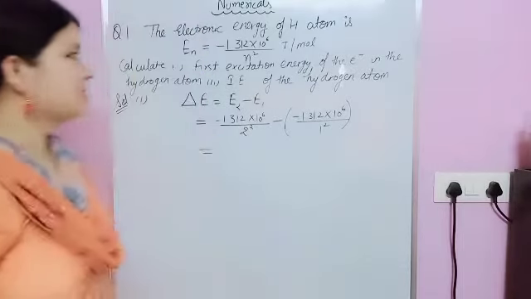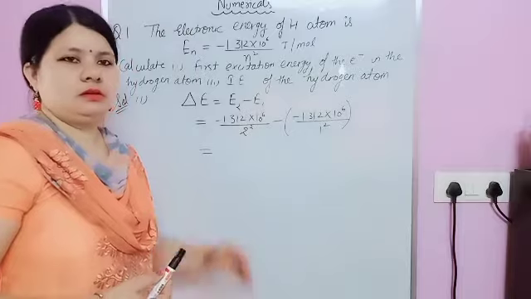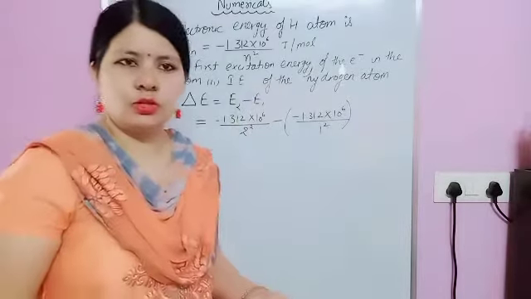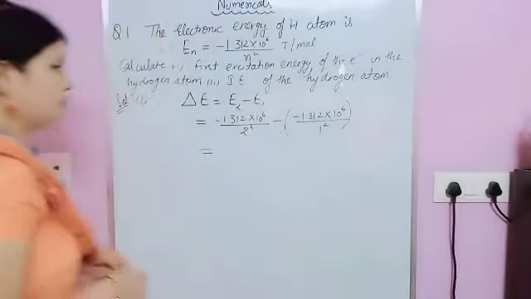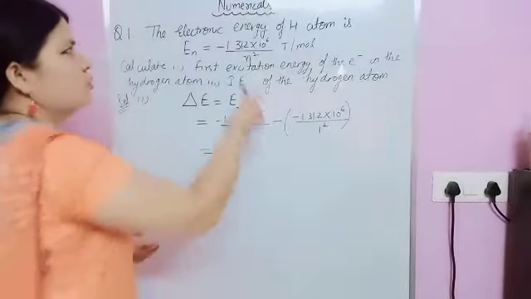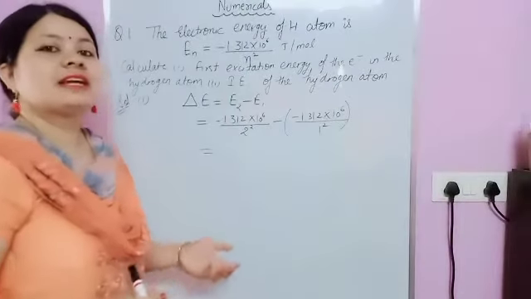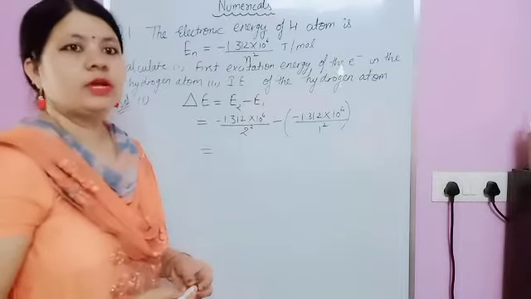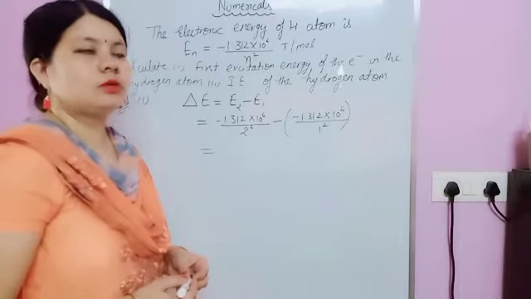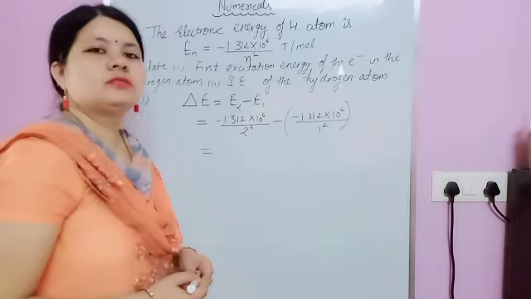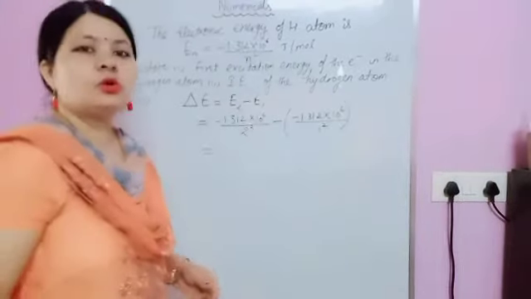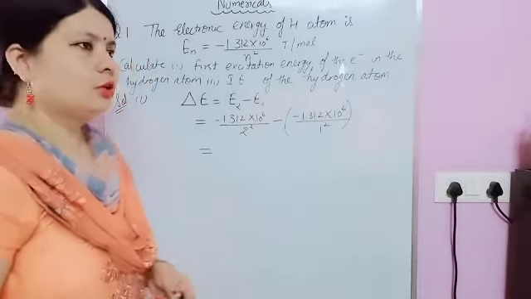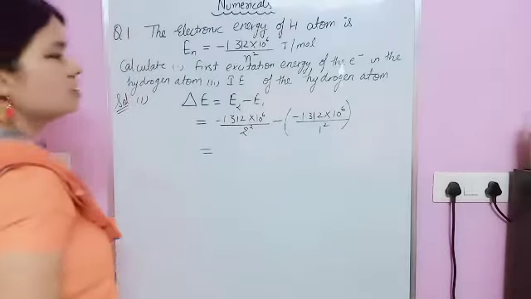Isolated gaseous atom means the electron is free from the influence of the nucleus, and we can easily remove the electron. I already explained why this energy is negative. This negative energy shows that we have to provide energy to remove the electron. Once it becomes 0, it shows that the electrons are now free from the influence of the nucleus. So first of all, ionization energy is clear to you.